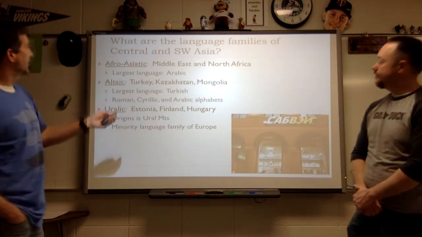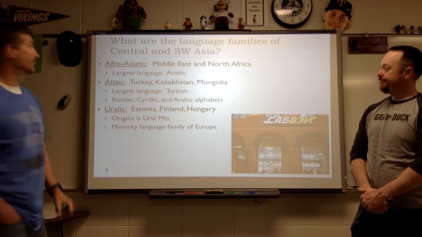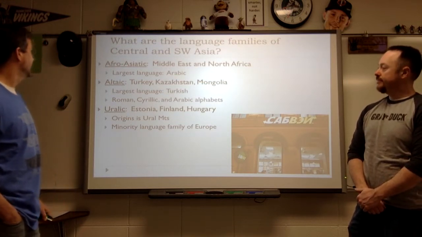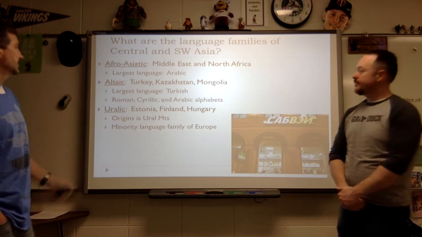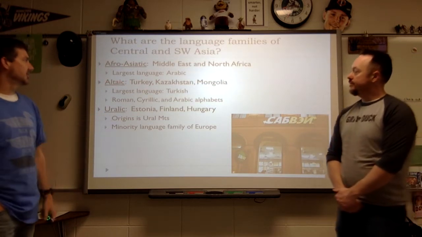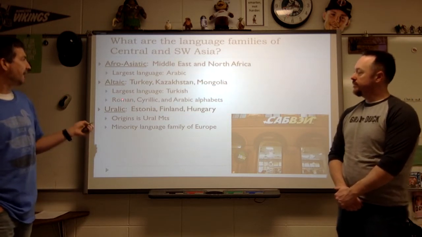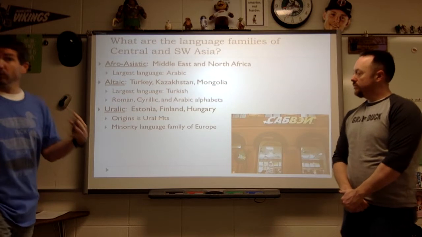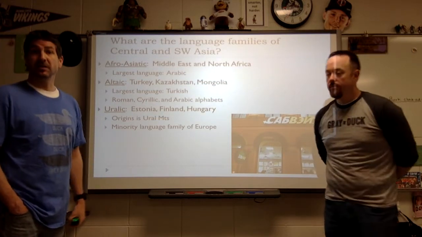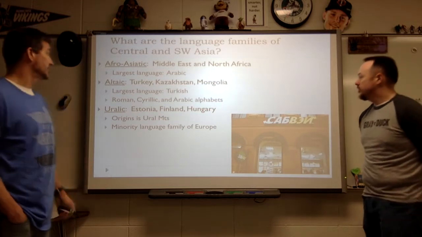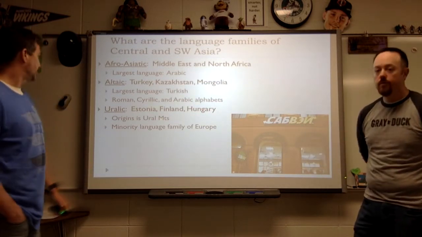All right. Other languages we should look at: Afro-Asiatic, which is Arabic. That's pretty important, understanding that one. Altaic, which is your Central Asian languages. Keep in mind that they have 3 different alphabets. They have the Roman alphabet, which is one we're used to. They have Cyrillic, which is what you see in Eastern European Balto-Slavic languages. And then the Arabic alphabet as well.